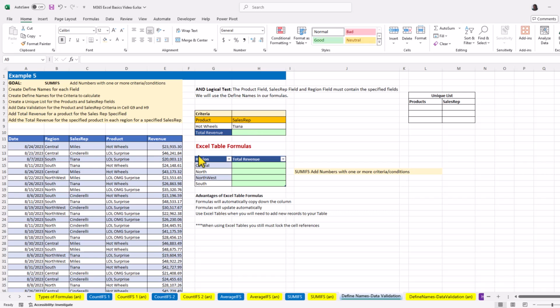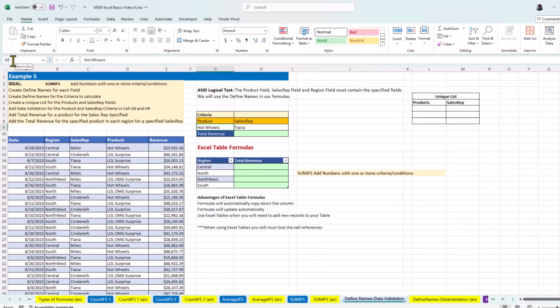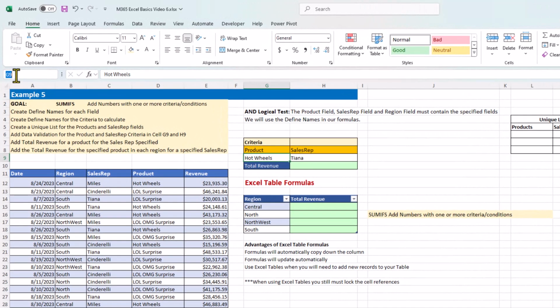We can use define names for a cell range, a table, or a single cell reference. Using the define names can make the formulas easier to understand and also easy to maintain. Now, how do we name our cell? Let's start with naming our criteria here. We want to name this cell, which is G9. We'll select that cell. Once the cell is selected, in our name box right here, we select that. And instead of having it named as G9, we will define the name to name that cell. And we will name this cell product criteria